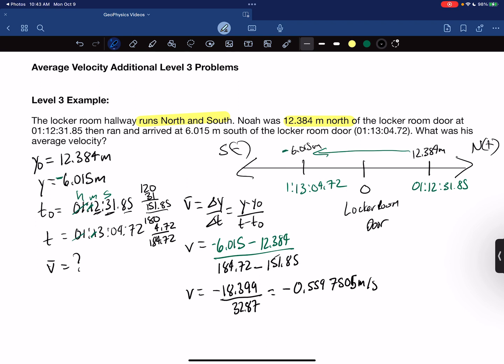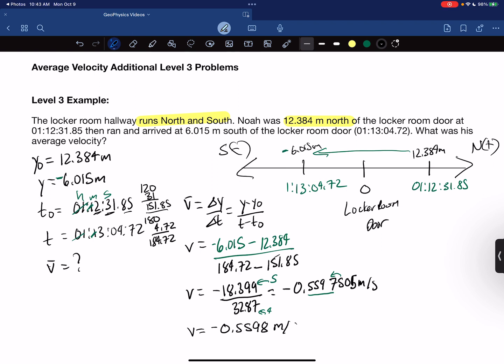So we have done our picture, we've done our givens, our unknown. We started out with our equation, we substituted, we solved with our unround answer. Next it's time for us to evaluate the significant digits. This number going into it has 5. This number has it going 4. So our final answer can have 4. So we underline these 4, and we can see that this 5 would cause this one to round upward. So then our average velocity is negative